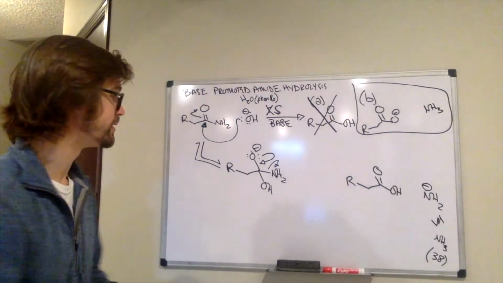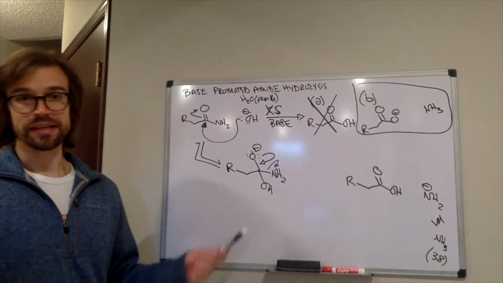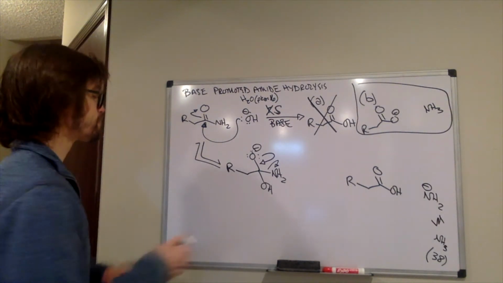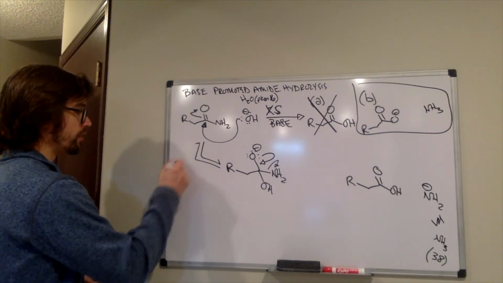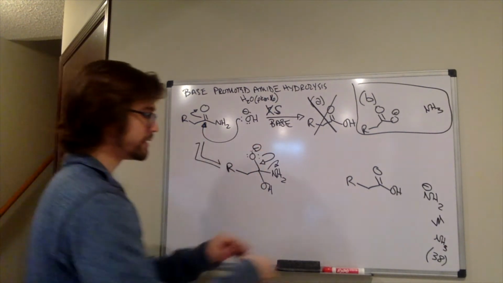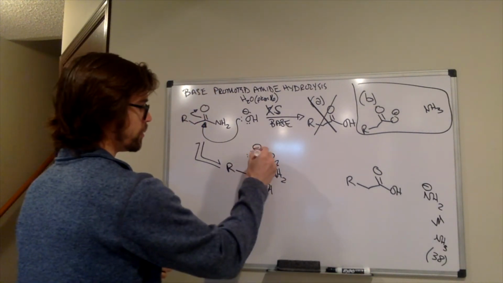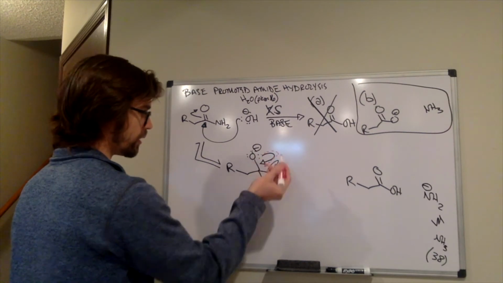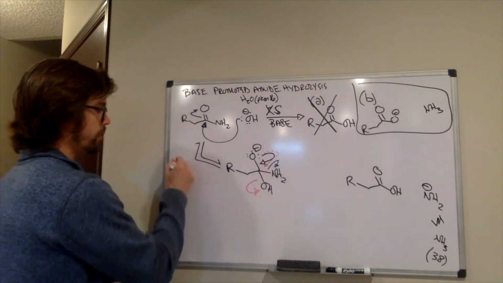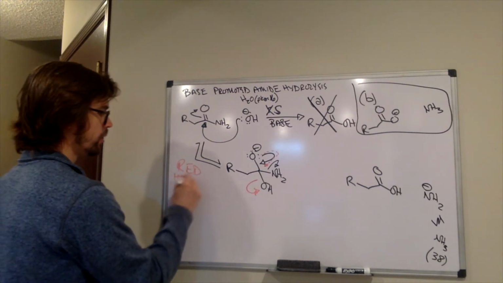So the reality of the situation is that under these basic conditions with this excess base around, in this equilibrium, the electrons come down and kick out the OH minus. I'll put a dotted arrow, they can also come down there and kick this out. The red arrows happen